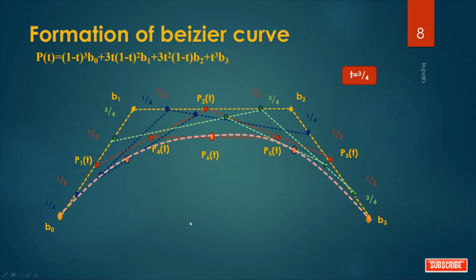Now in this way you can draw a Bezier curve. See here, t values lie between 0 to 1. I increase t value by 1/4. If you increase your t value more closely, say t equals t plus 0.001 each time, means if you change your t value more finely, then you get a more accurate curve.